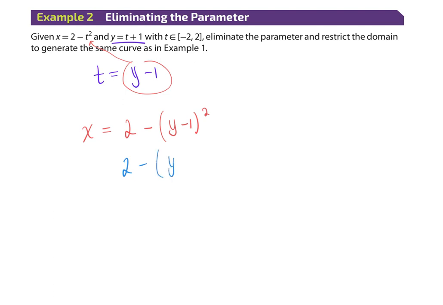square first. So I'm going to have y squared minus 2y plus 1. Don't forget that distributes through all of those. So 2 minus y squared plus 2y minus 1, and then combine like terms. So I get x equals negative y squared plus 2y plus 1. All right. And now I don't have a t at all. And if I graphed this, I would actually get a continuous sideways parabola here, which is what we got before,